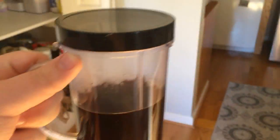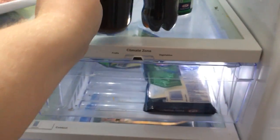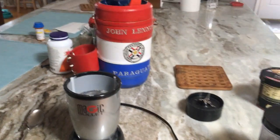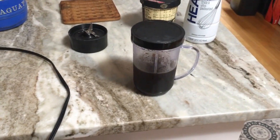Now for the next important step, we're gonna take this coffee while it's hot, and we are going to put it inside our fridge here. And it's gonna be in there for the entire day, and we'll come back to it later to finish up the process. Okay, so a lot of time has passed, and we're now on to the very next step of this operation,